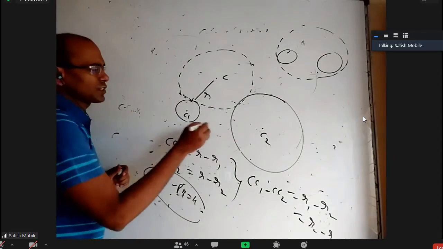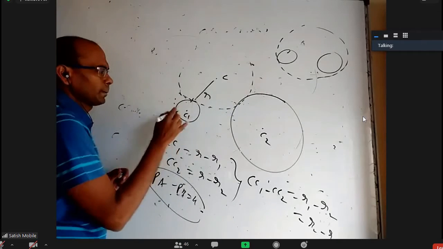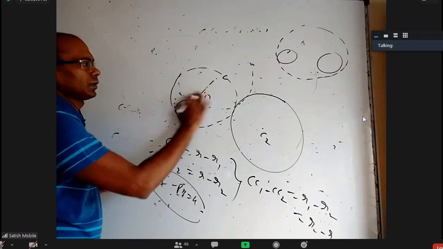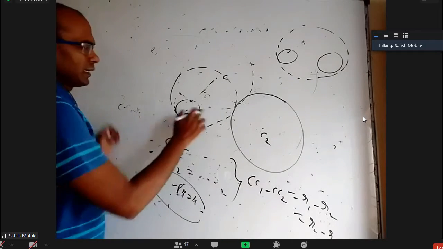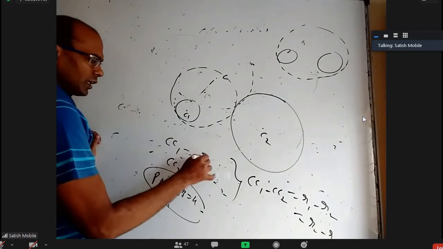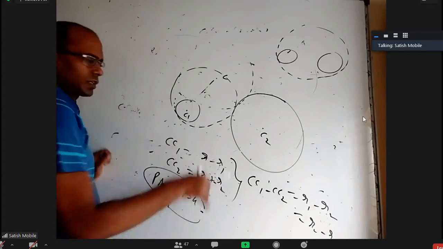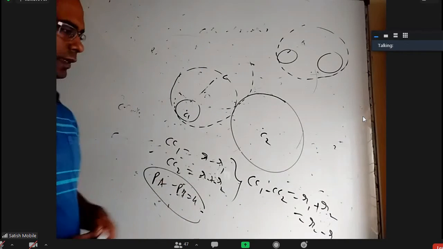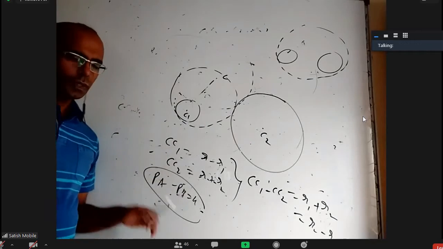What if it is touching this one internally and this one externally? It's quite possible, somewhat like this. Then we may write R minus R1 because it is internal, and R plus R2 because it is external. When you subtract, instead of R1 minus R2, we'll be getting R1 plus R2. Again, PA minus PB is constant. The locus of that center will be a hyperbola. I'm just giving some idea.